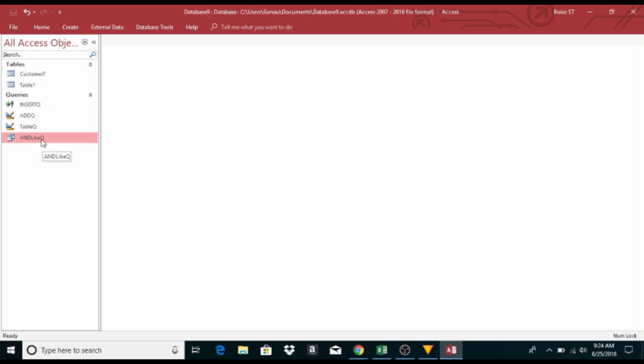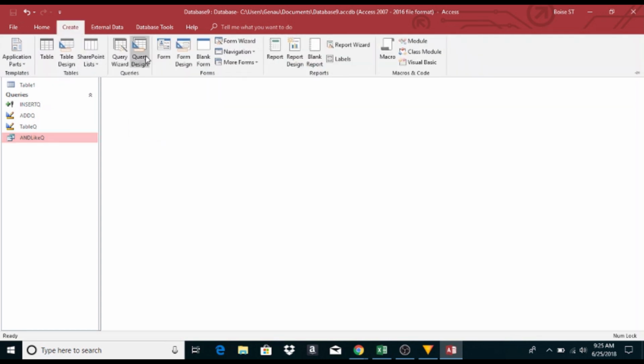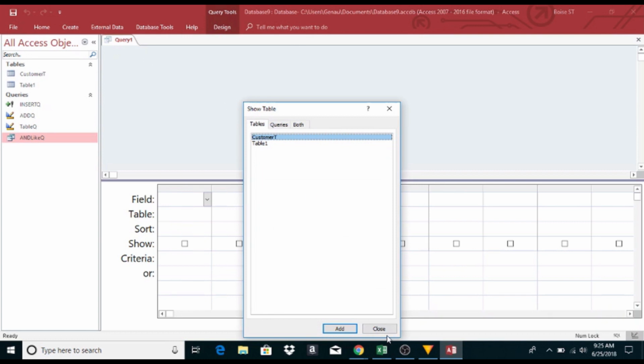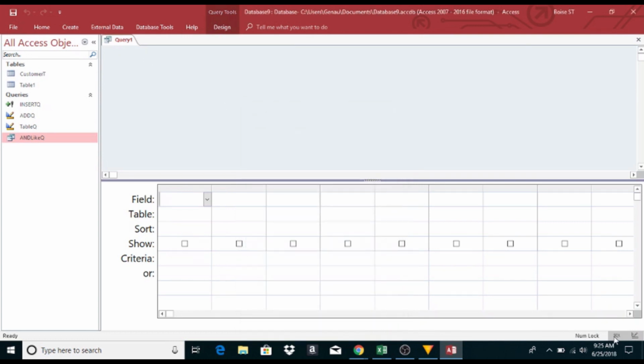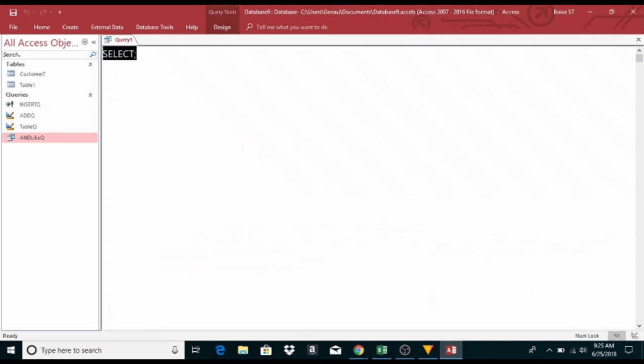So let's create a query. Create query design, close, and SQL in the lower right-hand corner. Let's select a couple fields from the table: last name, comma, first name, comma, and I'll use state, from the customer table,